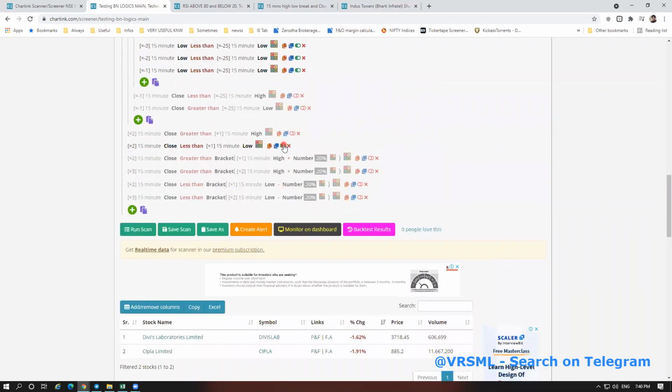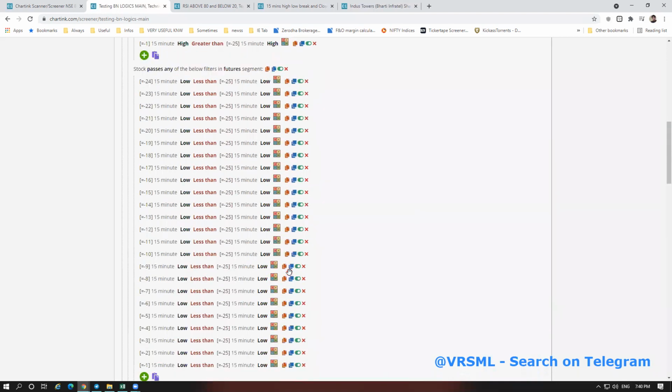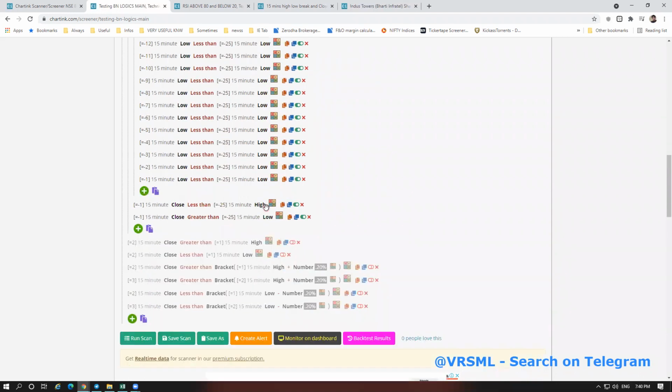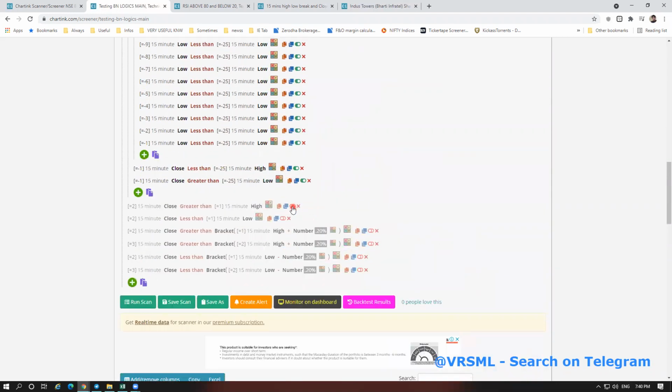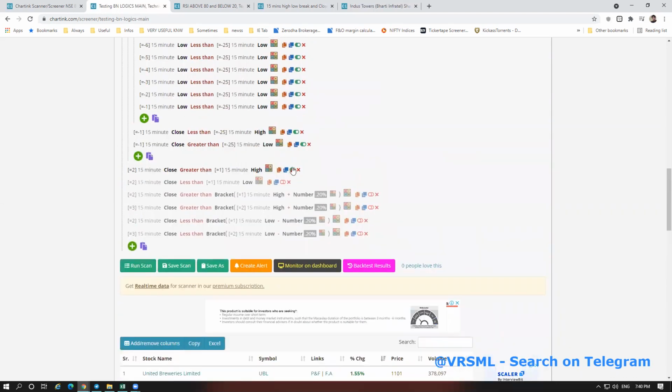Okay, if you want to find ORB and our logic, just enable it and run a scan. Simple. Okay, what is this basically? This is if you want a stock whose 15-minute high and low are broken and which has also closed inside, so you want this stock for a buy. This is the ORB setup only. For the ORB setup, you will get this stock.